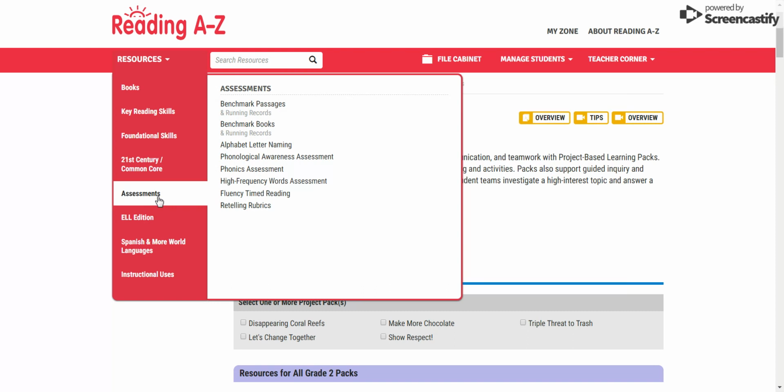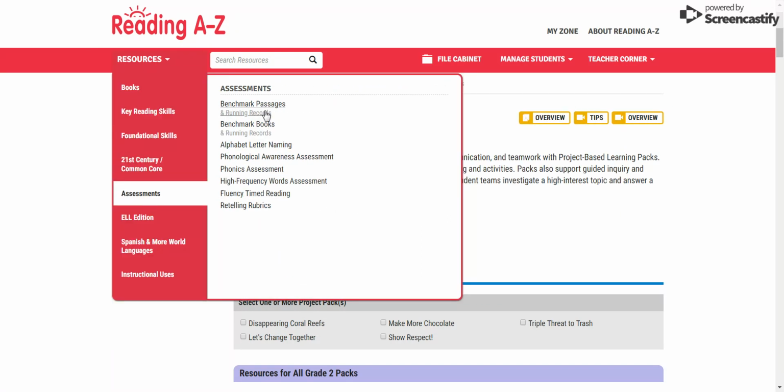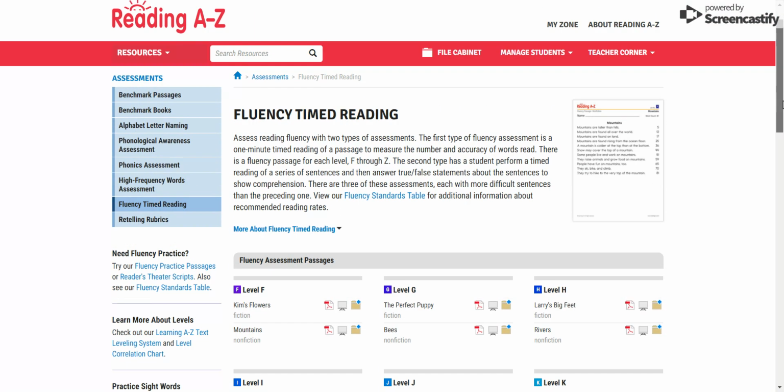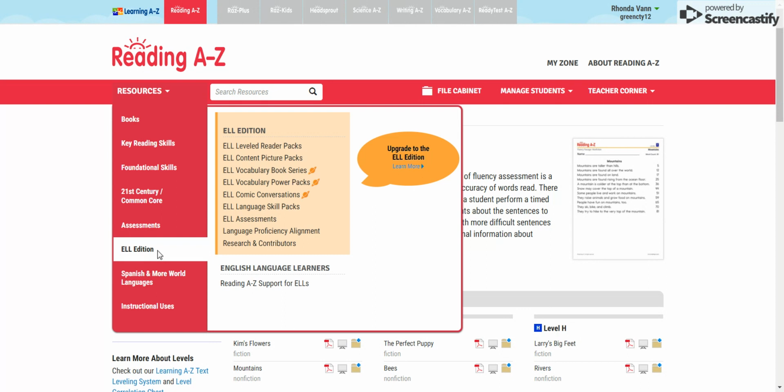And then this assessment tab, that's where you'll find everything you need to use for an assessment. So the benchmark passages and books, these are what we use for the running records and for our full assessment at the end of the 9 weeks. And then there's phonological awareness, high frequency words, timed reading. Those are kind of nice for kids who are working on fluency. And then at the bottom, there's ELL books and vocabulary, which will be good if you have ELL kids in